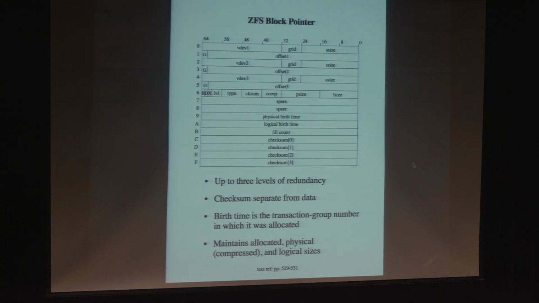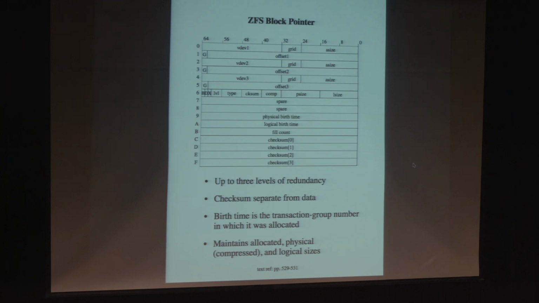So let's look at some of the little bits of technology that are in ZFS. Let's start with the ZFS block pointer. One of the ZFS developers described this to me as the Titanic of block pointers. To give you an example, in the original UFS, a block pointer was 4 bytes long. And when we revised the file system to deal with bigger disks and bigger file systems, we went, woo, all the way to 8 bytes per block pointer. And people said, oh, think of all the wasted space. Well, this puppy's 128 bytes, every block pointer in the system.